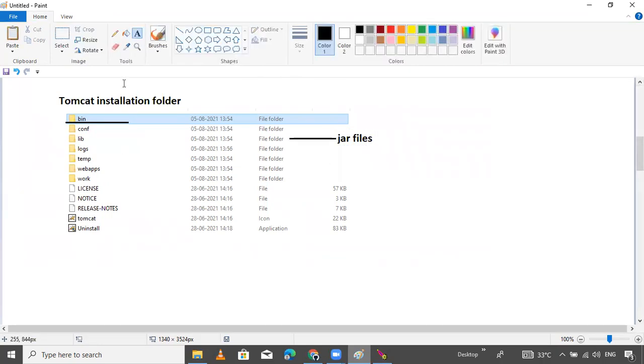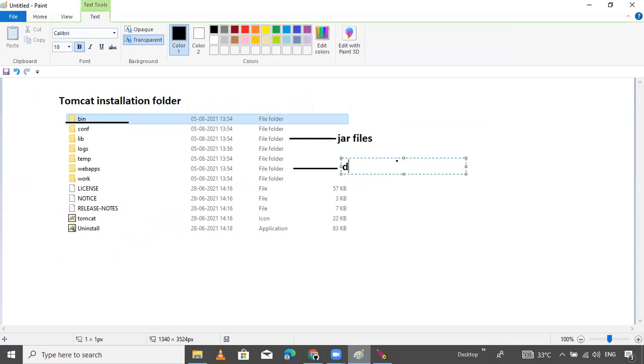Here you deploy your project for running.